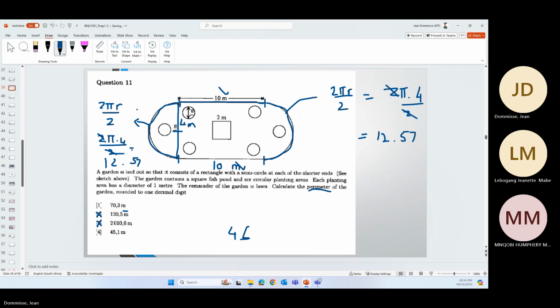Oof, let me just quickly rewrite that. That now looks terrible. I get 45.13. Okay, I need to round off to the first decimal, so 45.1, and that is equal to option 4. Okay, so